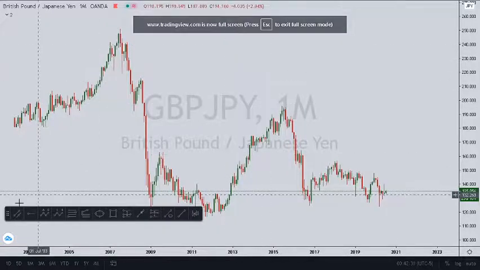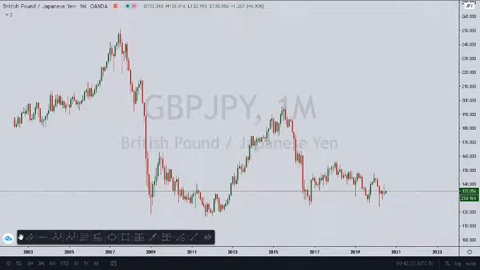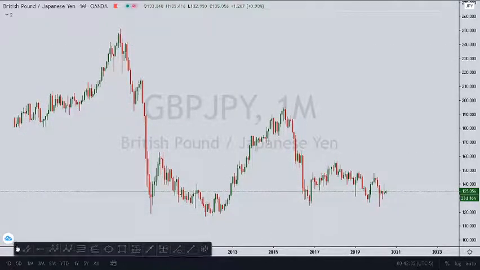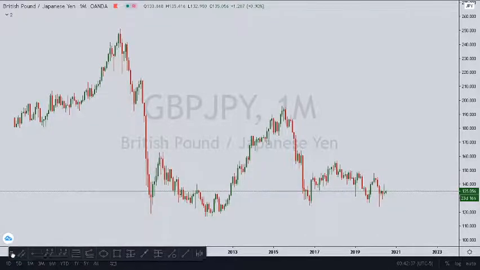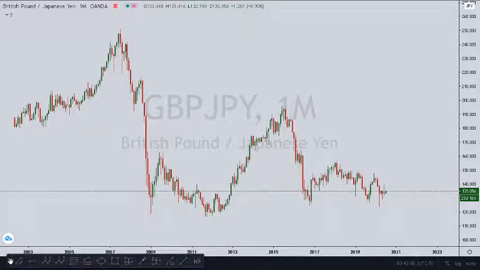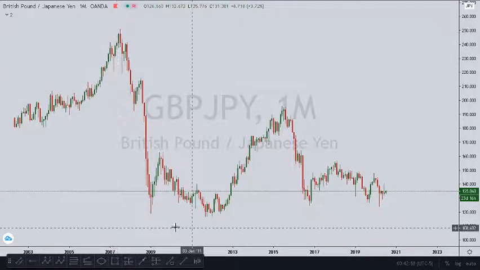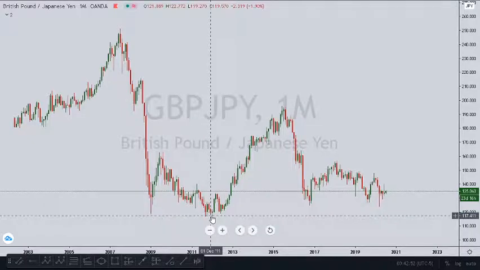Hey everyone, I'm going to do a top-down analysis on GBPJPY. We're starting from the monthly time frame, and then we're going to go all the way down to the hourly and maybe the 30-minute time frame. So on the monthly time frame, we can identify that there's been a high here and a low in these regions in the